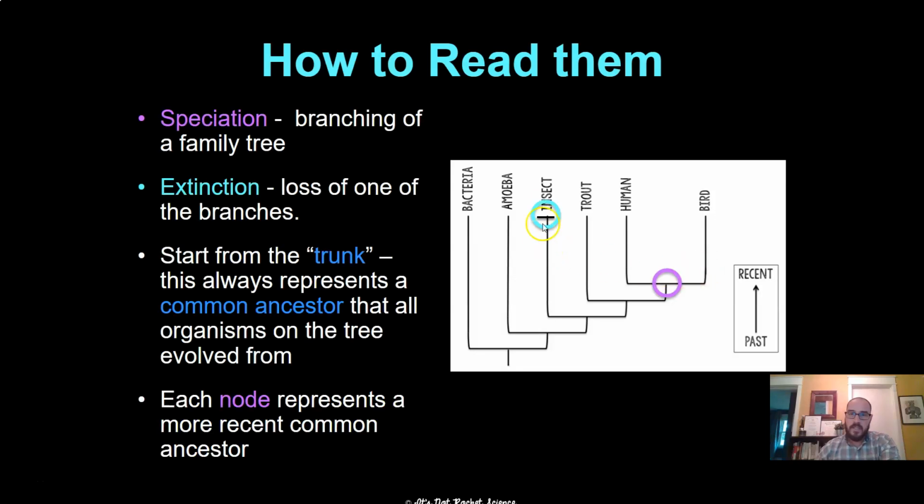All right. What this is showing you right here, this flat line right up against the name of an organism, is showing you an extinction event. Okay, so each node represents a common ancestor, and that's where a speciation event is going to take place right here. So at some point, humans and birds shared an ancestor in common, and we diverged and went our own way. And then you could say this whole entire group of insects that we're talking about here went extinct. Okay?